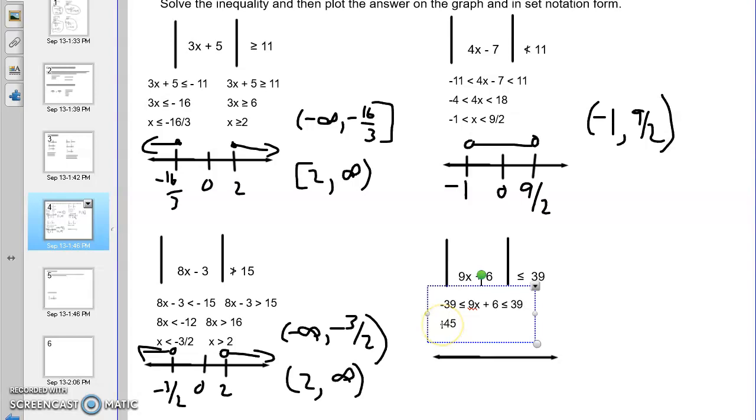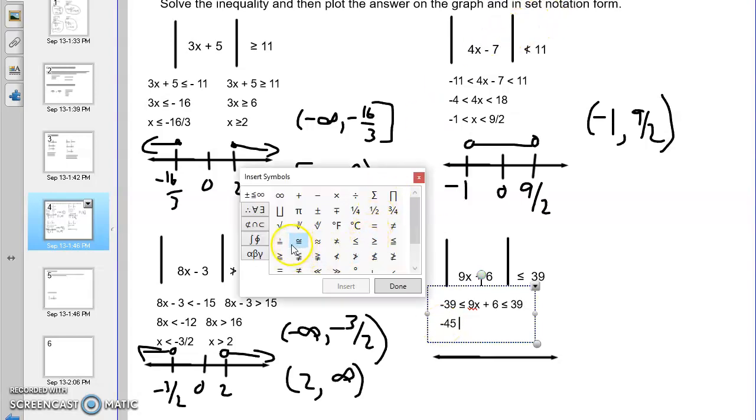So it's negative 45 less than or equal to 9x less than or equal to 33. And then that becomes negative 5 less than or equal to